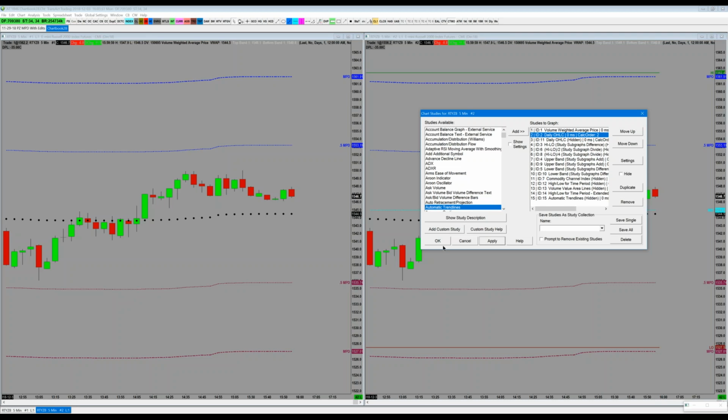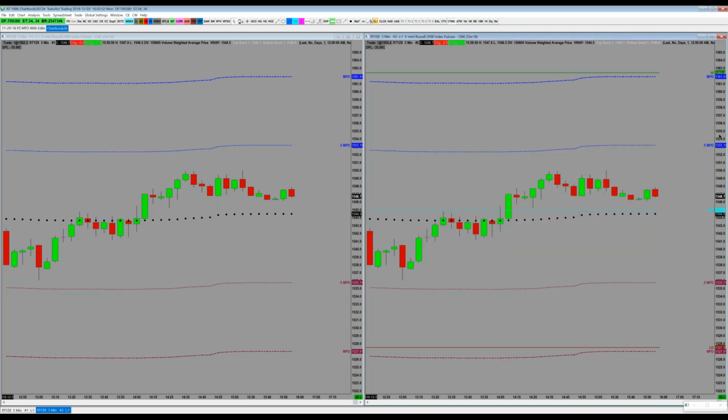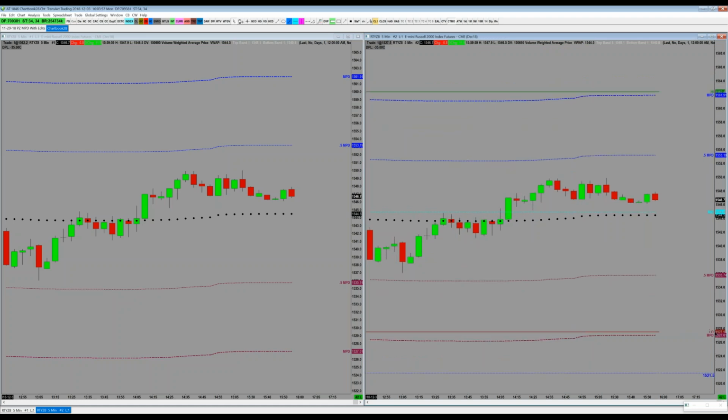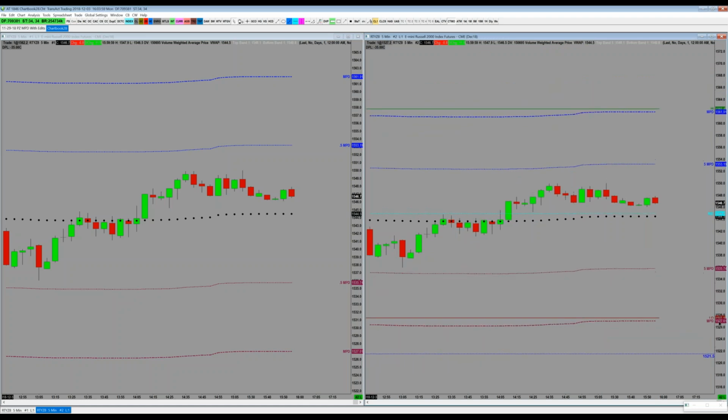Okay, so there's the high up here. Okay, there's the high. And then the low is right down here, kind of near this MPD line. So the high up here and the low down here. And then the midpoint is here as well, but that's not relevant to the calculation.